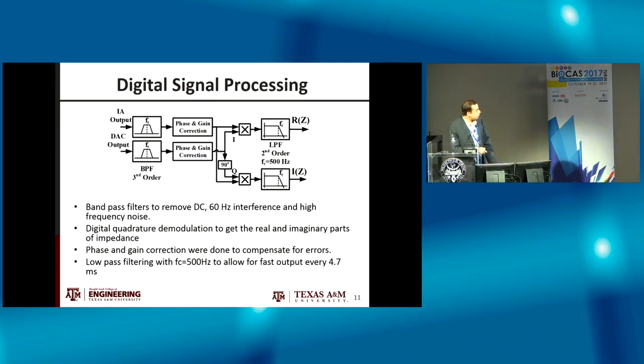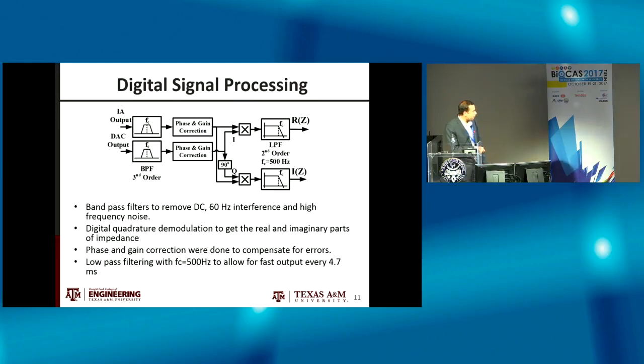For the digital signal processing part, we first apply a third-order bandpass filter around the carrier frequency to remove any DC noise, 60 Hertz interference, and any harmonics. Then we do phase and gain correction to ensure synchronous demodulation. And we do IQ demodulation to get the real and the imaginary part. So we multiply by the in-phase carrier and the quadrature carrier, which we generate using a 90-degree phase shift. And then a second-order low-pass filter with a cutoff of 500 Hertz gives the real and the